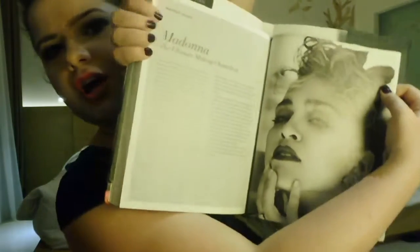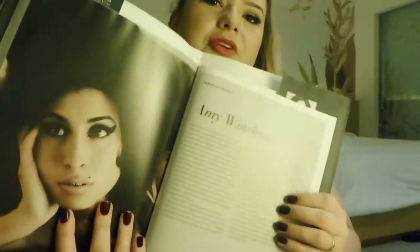And you know, even Madonna, I'm personally not a big fan of Madonna. Amy Winehouse, so we're getting a bit more modern. I like a good wing liner, but even though that's her thing, I wasn't a big fan of her liner. She was so beautiful though. It's horrible what